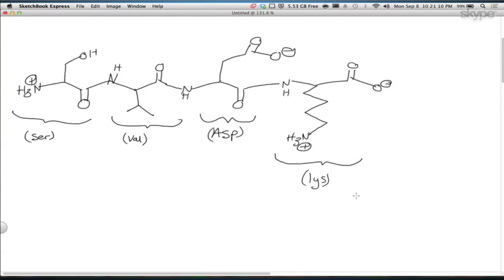Maybe that question didn't quite make sense. So what I was going for is that peptides are proteins. Peptides are just short proteins. Do you see why it's wrong to say they're amino acids? This is not an amino acid. It was made out of amino acids, but it's like